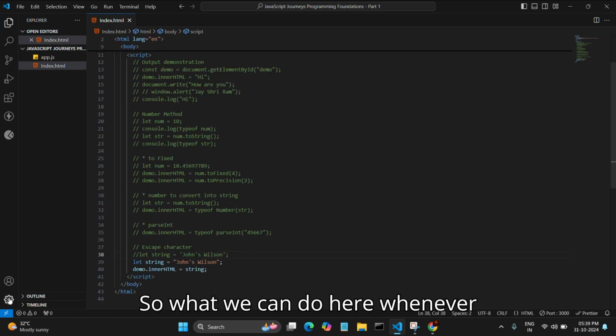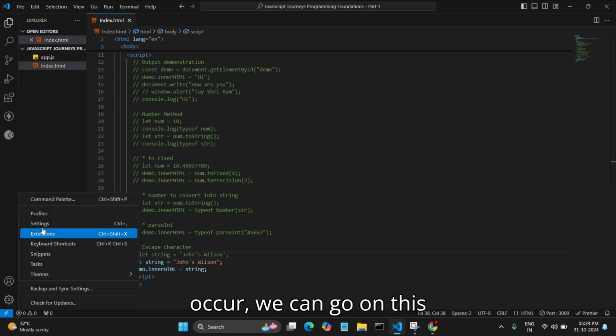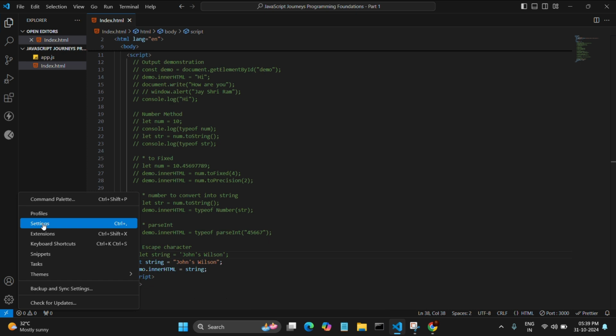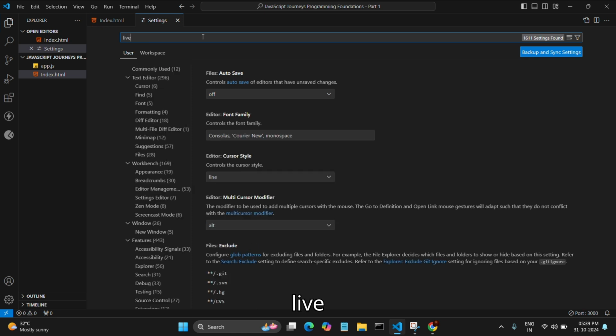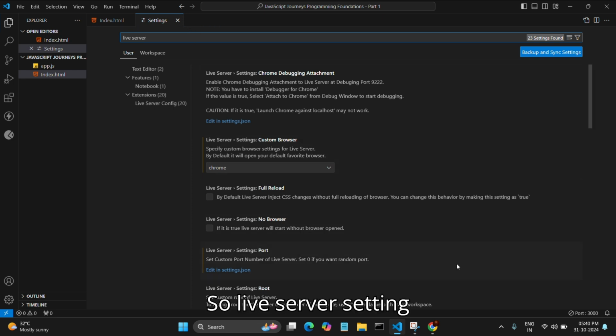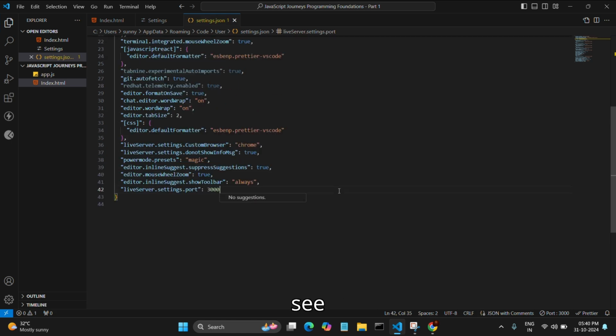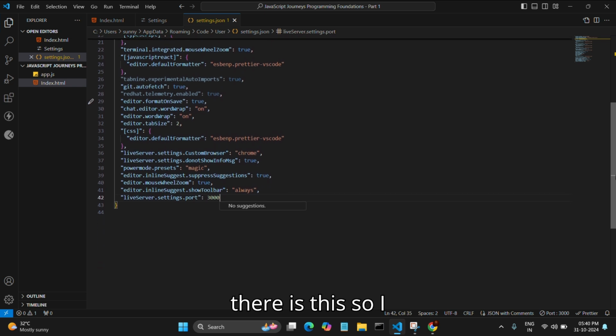So what we can do here, whenever this problem occurs, we can go to settings, live server. So in the live server settings, if you see here, edit in settings JSON. So you see there is this. So I have changed